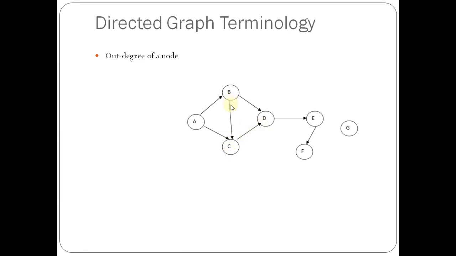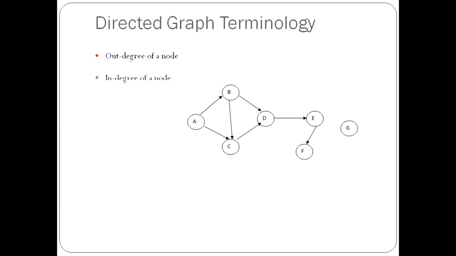If we consider from B to C, it is coming inward. That's why we are not going to consider it. Similarly, from A to C, it is coming inward. That's why we are not going to consider it. For the out degree of a node, we have to consider only those edges that are directed away from the given node. That's why the out degree of our node, node C, is equal to 1.